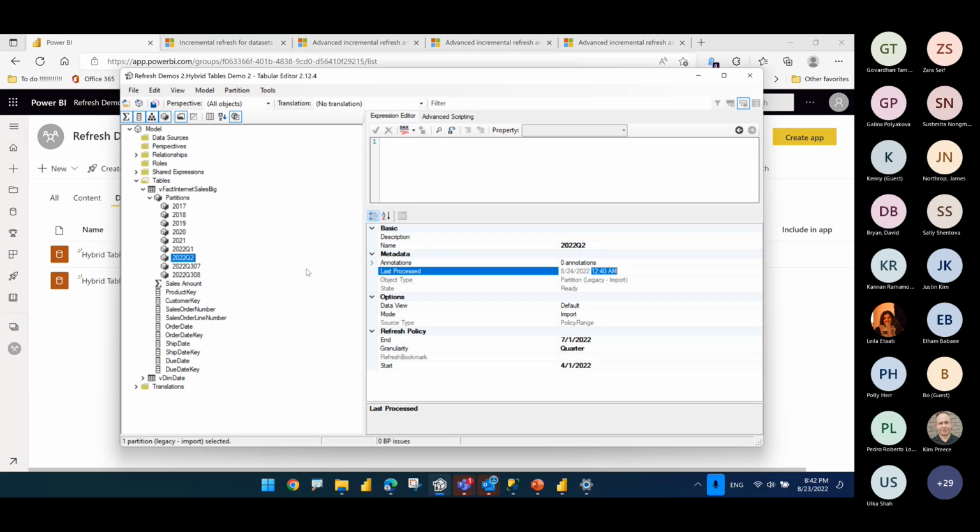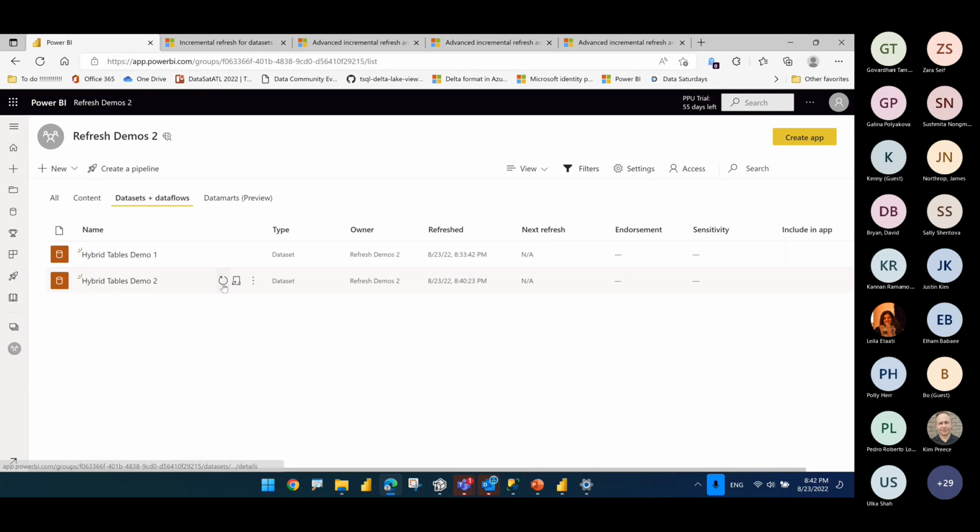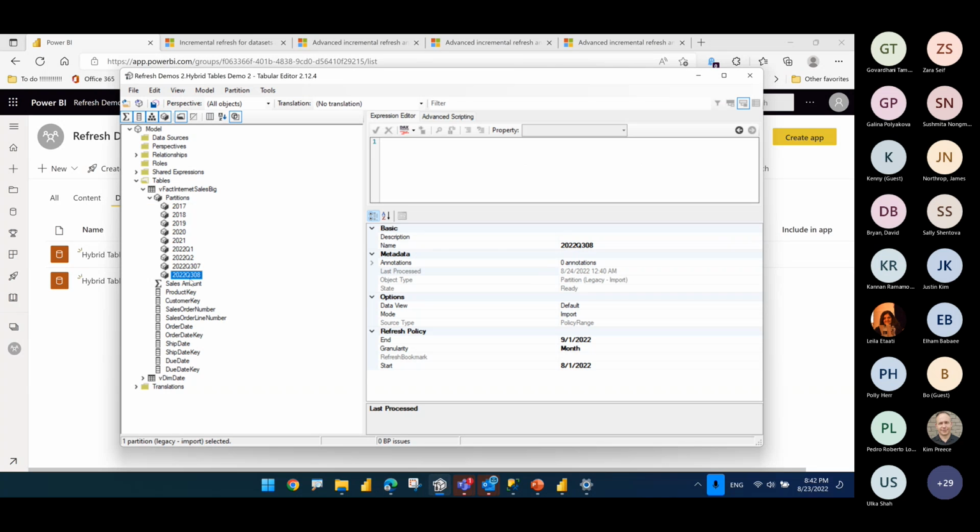This is UTC, okay? So now if I go back here, everything should say 1240. Everything says 1240. If I go back here and I submit another refresh, this time, this is our second refresh from the service, it should only refresh that one partition, only this one.